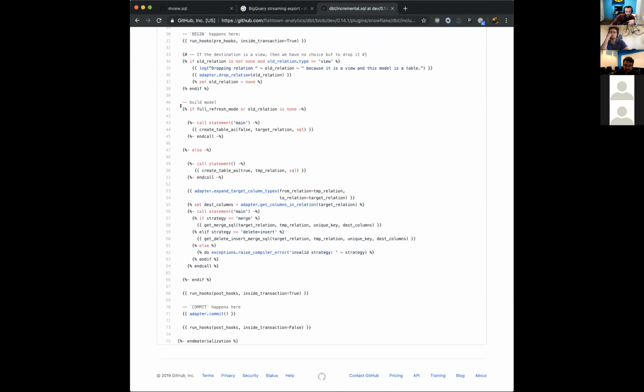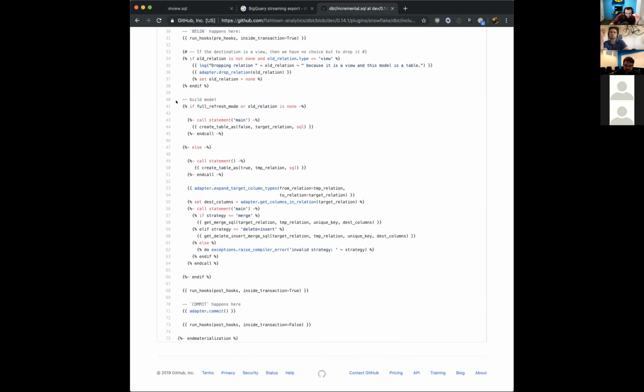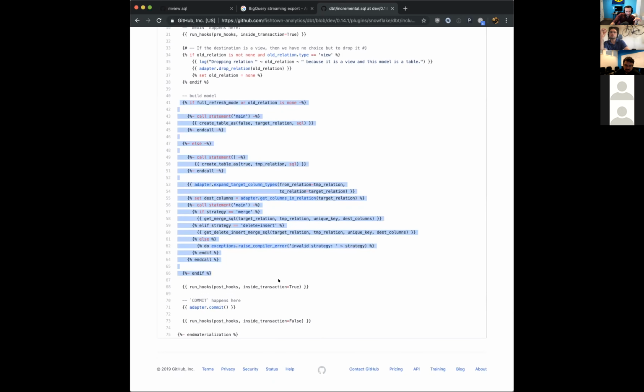We say if you're in full refresh mode or the table doesn't exist, just run a create table as. Otherwise, create a temp table for your model SQL, do this column expansion thing, which I'm happy to talk about, introspect the table to get the column names, and then basically merge in or otherwise delete and insert. So just merge in the changes from the staging table into the destination table. So this here is really the core incremental logic that I want to reuse across different materializations,